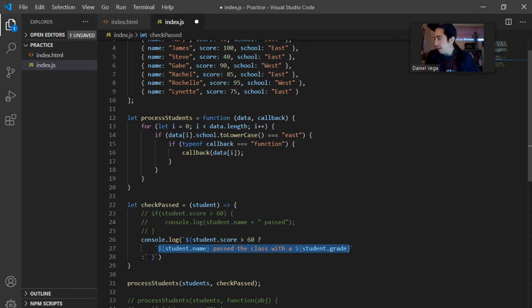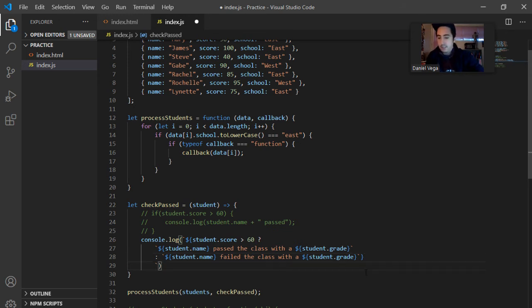Now, this might be making it more complicated than it needs to be. Student name failed the class with that. I know I might do this, and this ends my template string like that. So maybe try something like this. Console log, I do the logic here. If the student score is greater than 60, if this is true or not, then